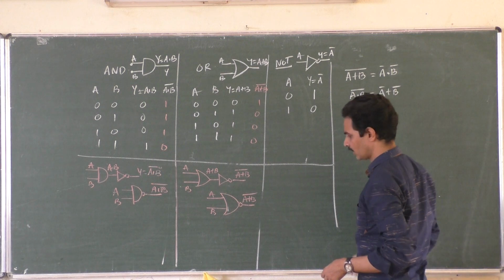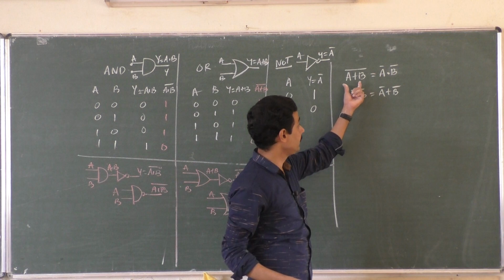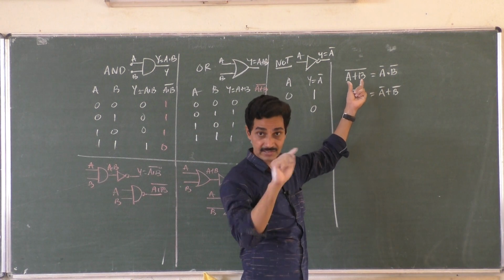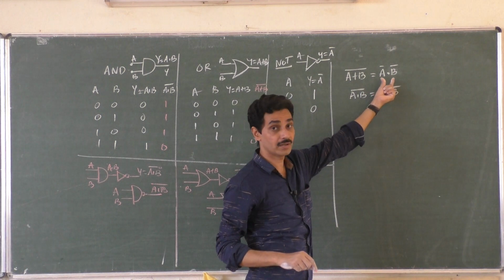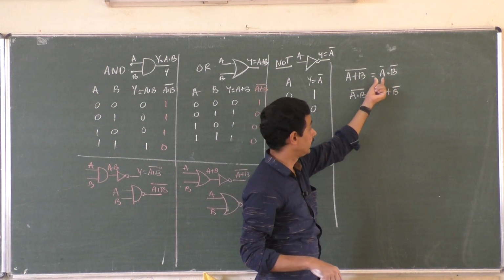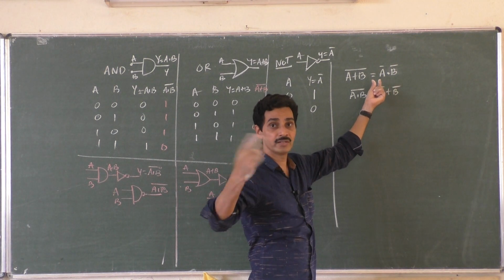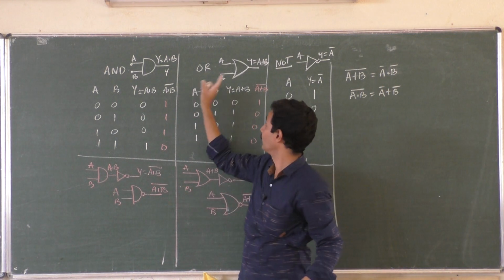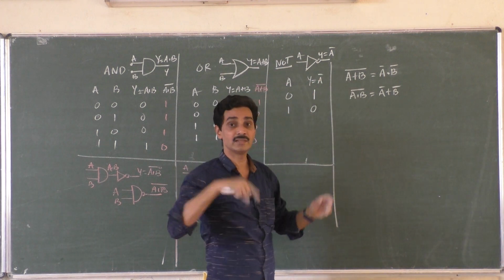Very simple. You might have come across this in mathematics, correct? The complement of the sum first, then complement, right? The complement of the sum is equal to the product of complements. Complement a bar, one complement. Complement means making it opposite, right? 0 is made 1, 1 is made 0, right? Bar means it is for a NOT gate, right? A NOT gate gives the opposite output, which is not the input.